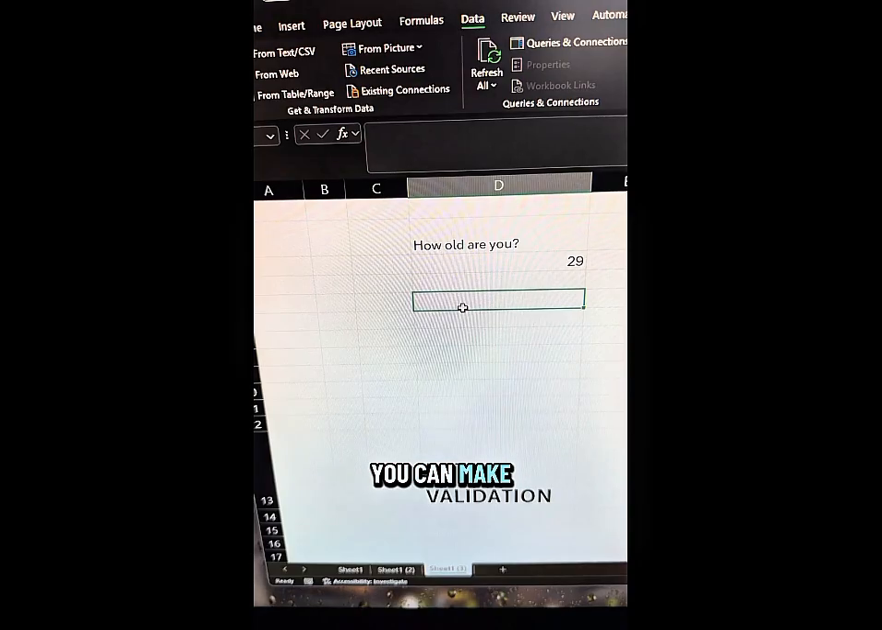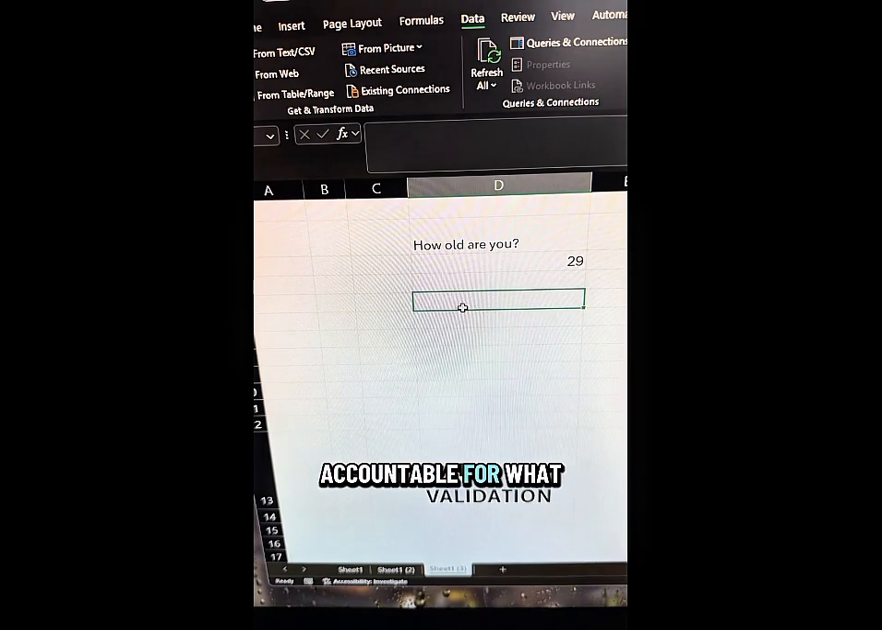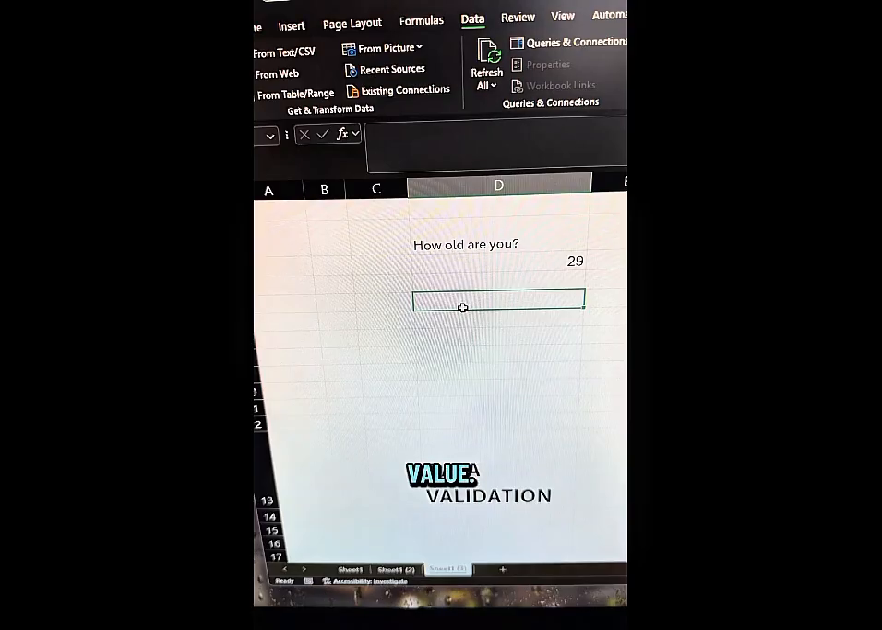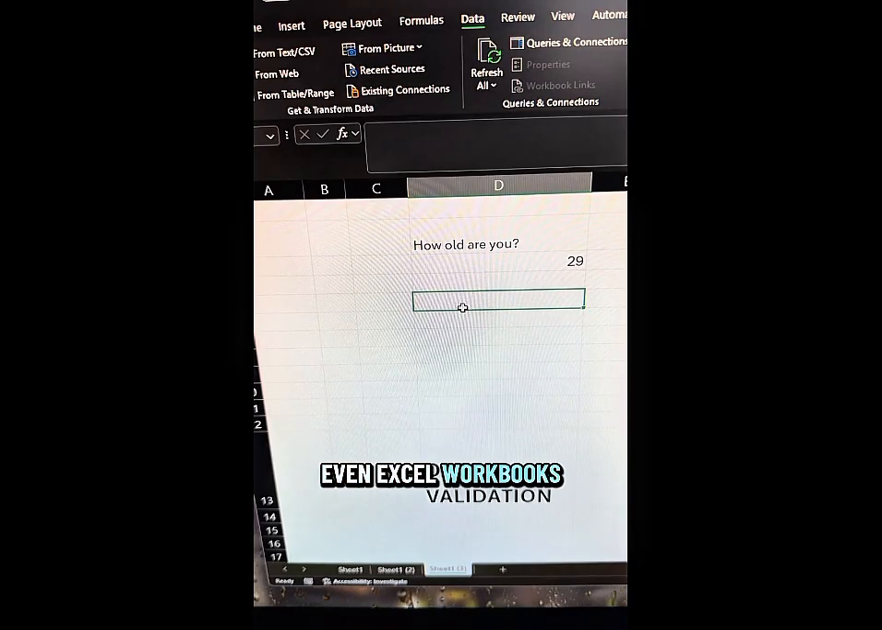And with that, you can make so many different types of charts, lists, keep people accountable for what they're inputting on certain cells of value. If you're sharing even Excel workbooks and such,